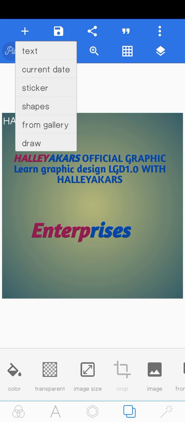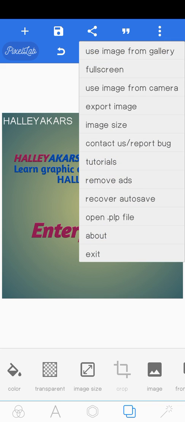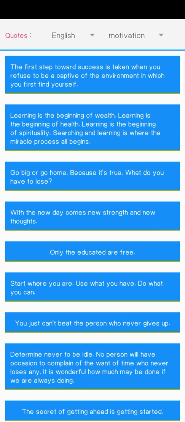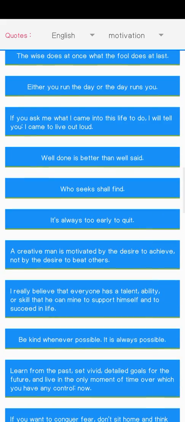Here is saying text, current date, sticker, shapes from gallery. You want to import from gallery. You want to add new text. Click on text. This is using it from gallery. Full screen, using it from camera, export image. Everything is self-explanatory. This is quotes, directly from any quote you want directly from